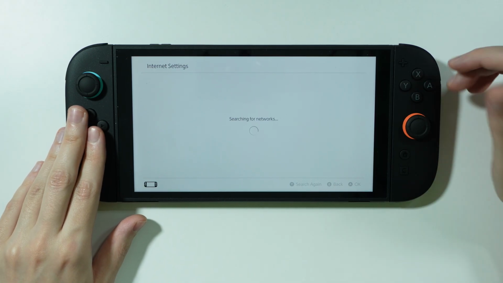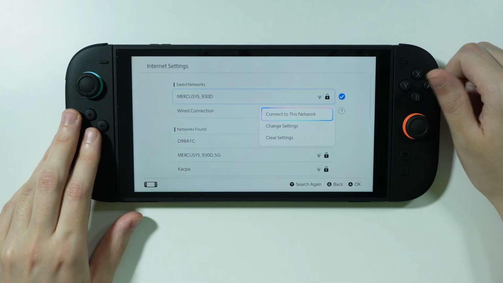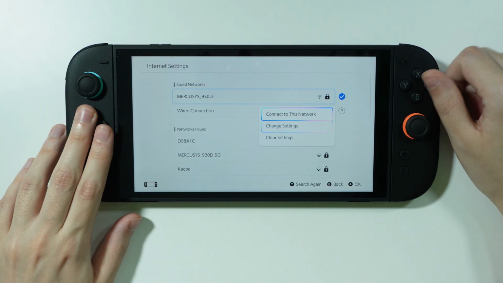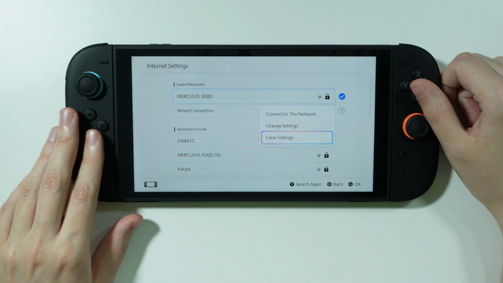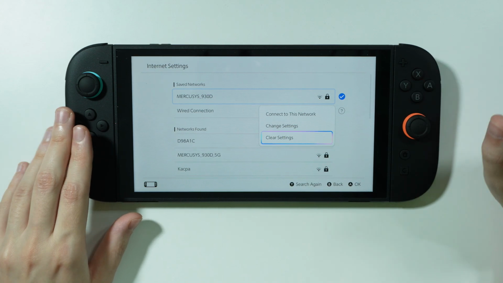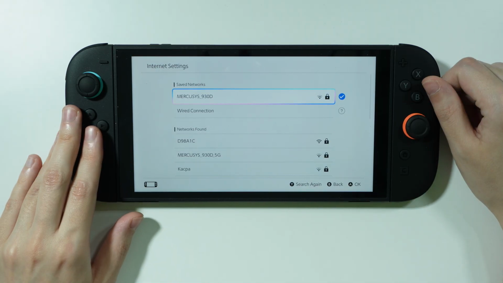restart your connection with your Wi-Fi. So what you want to do is open the network that you are connected to. You want to select it over here, and then you want to clear the setting in order to connect to your Wi-Fi again. If that is not working, if it doesn't help, if you have another Wi-Fi connection that you